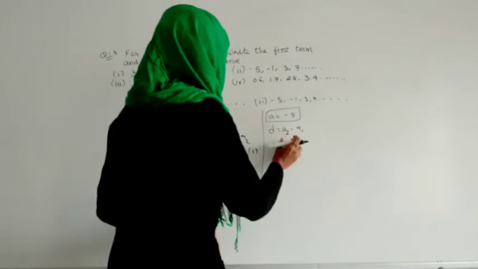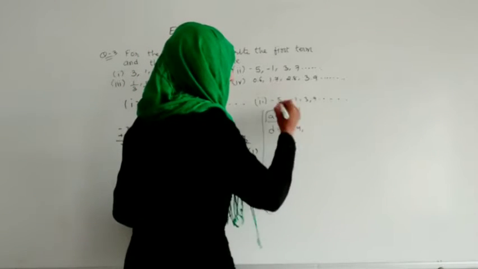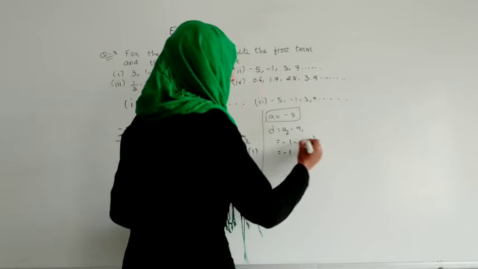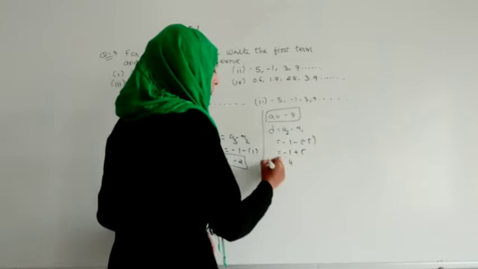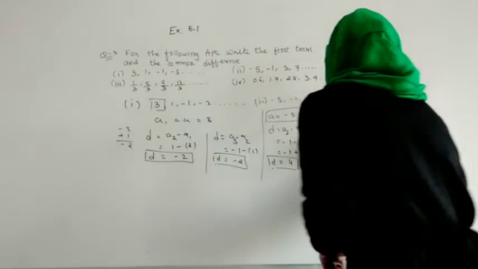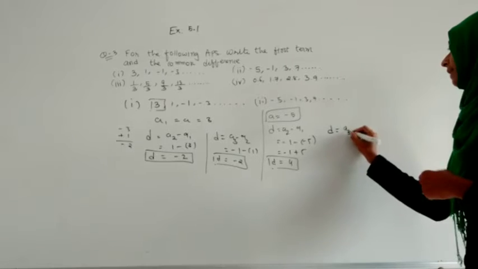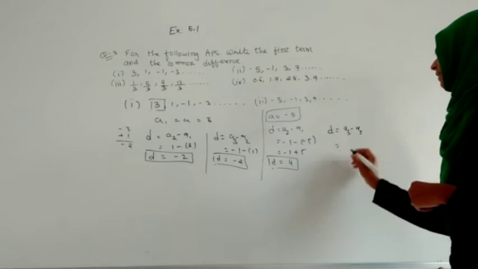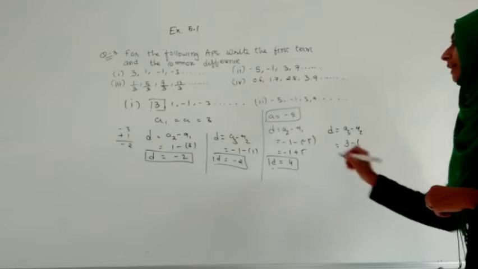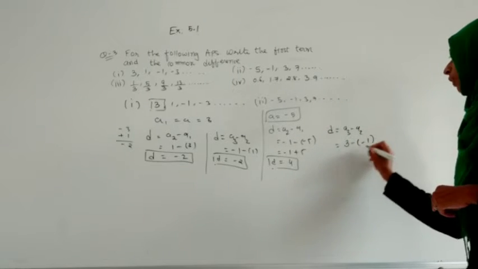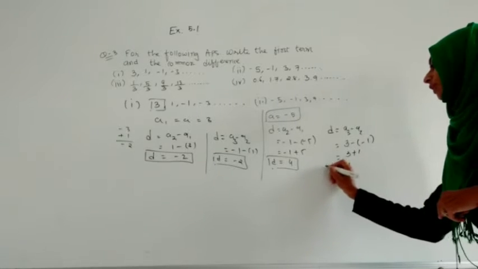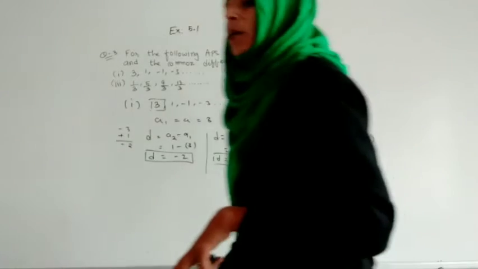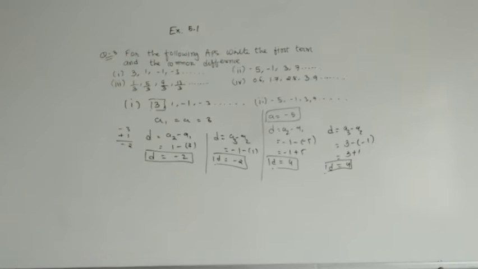So here you can see when we are subtracting, A2 is -1 and we are doing -5. So what will it make? Minus minus will make it plus. Plus 5 minus 1 will make the difference as 4. So here let us find another D, that is A3 minus A2. So what is our A3? That is 3. We are writing minus over here and that -1. Okay, so minus minus will be plus. So 3 plus 1 will make 4. So the difference again we are getting as 4. So this is the concept of how we can find A and the difference D.